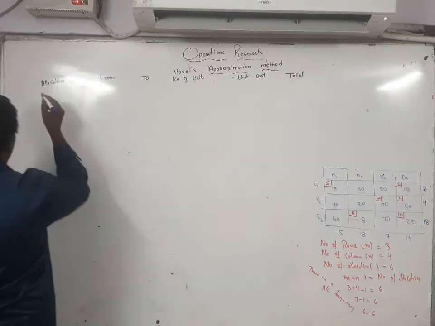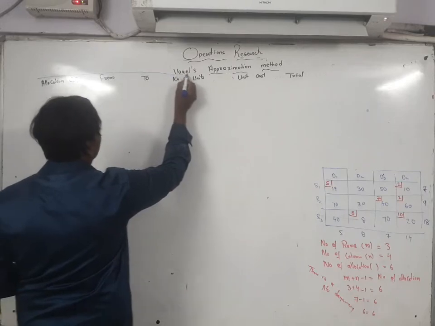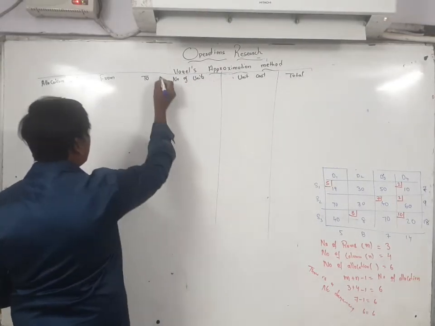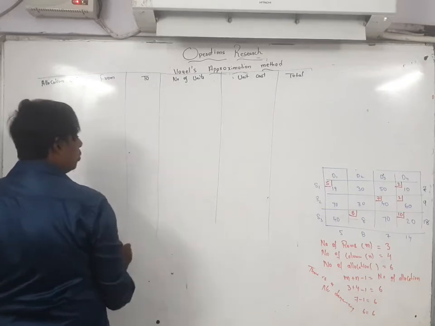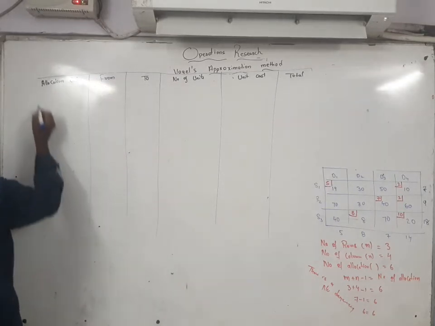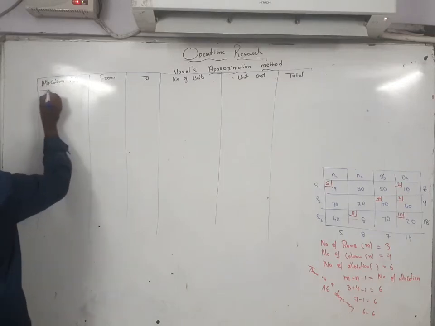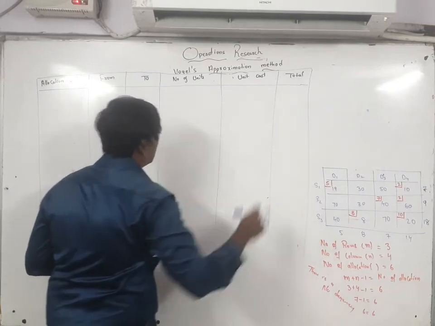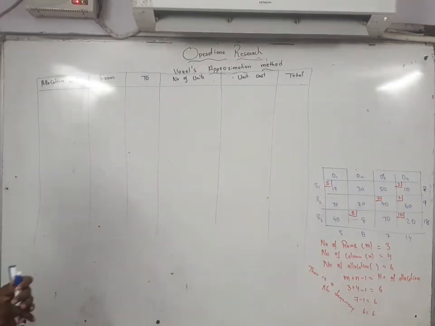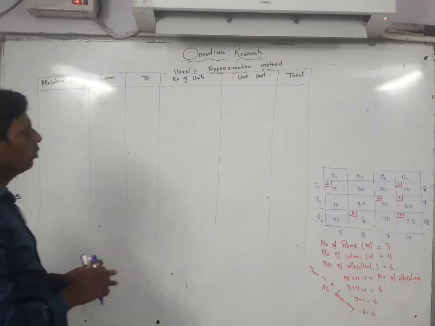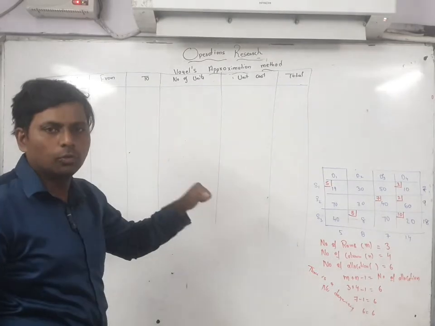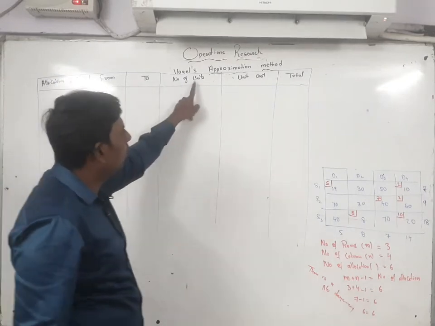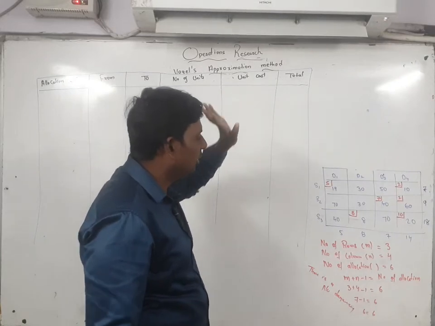So like this you have to write. Here the total, unit cost, number of units, to, from, and allocation cell. Like this you have to create the box. Without the box also, with the help of a simple method, you can find it out, but it is better to write it down in this format so you will get full marks. So here you can write the allocation cell, from, to, number of units, unit cost, and this one is the total.